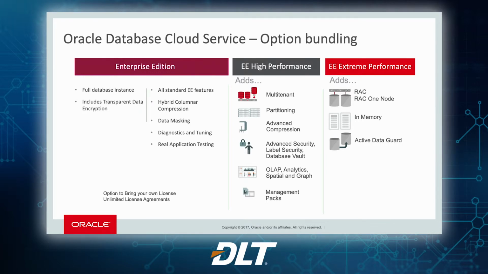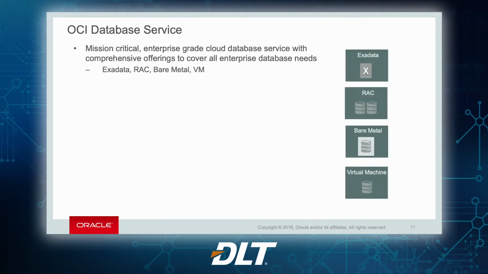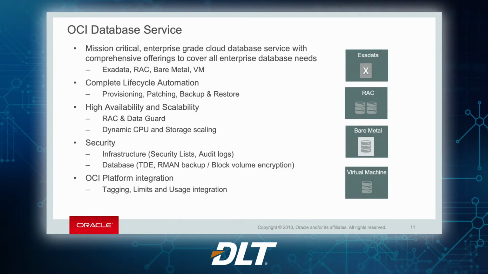So in review, what we have as Oracle Cloud Infrastructure Database Service, we have at the very low end databases, the Oracle database that operates exactly as you're familiar with it on-prem, that can run on a VM. We can scale it up and we can run it on a bare metal server. We can go to a clustered database and we can go to Exadata. And to you, as someone that's using the database, it just looks like an Oracle database. We're just sizing it so that it meets your requirements.